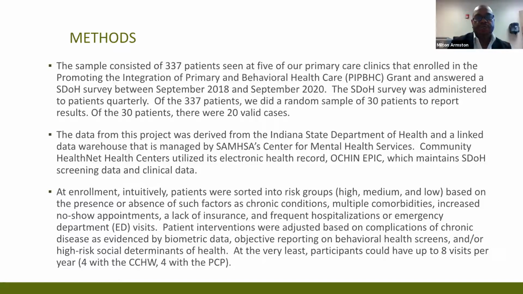What we did was we looked at patients, their biometric values. When they did their labs, was it within normal range or was it outside of those normal values? We looked at the diagnosis in the chart. We looked at the patient having a mental health condition and or substance use disorder. And then we incorporated the information from the PREPARE screening to collect information. And from that, we grouped patients into either a high, medium, or a low category. Next slide.